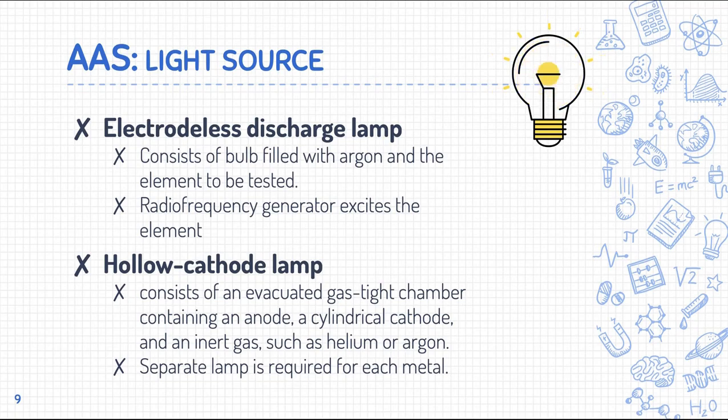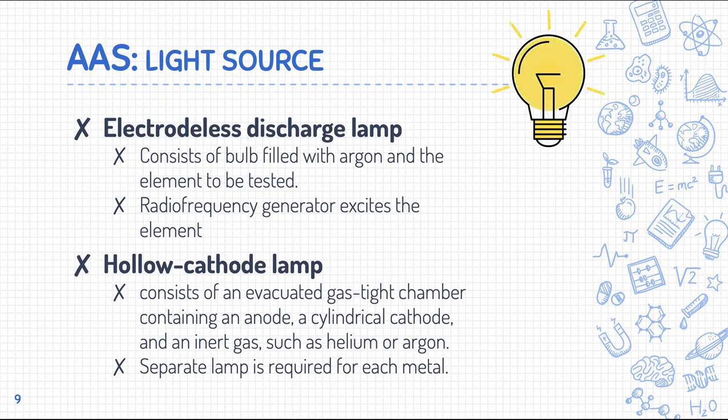Very much similar to the hollow cathode lamp, we also have argon. So how is your argon excited? Through your radio frequency generator. The moment your argon is excited, it will return to its ground state, emitting light. So that is how your AAS light source produces light. Again, we have two types: your electrodeless discharge lamp and your hollow cathode lamp. I hope